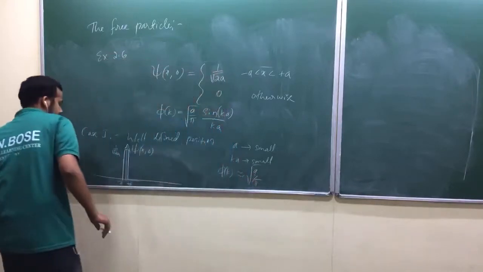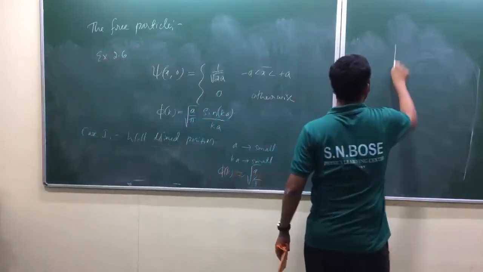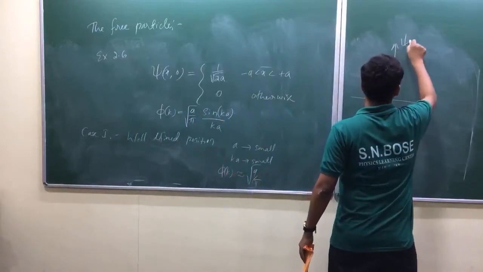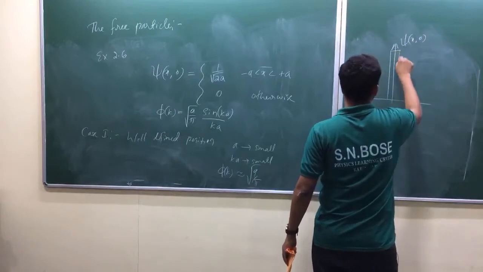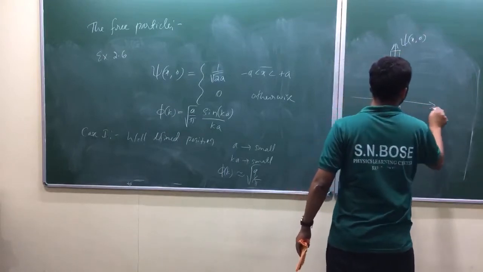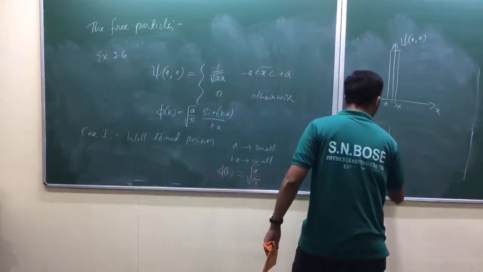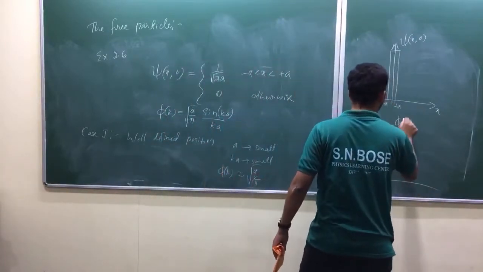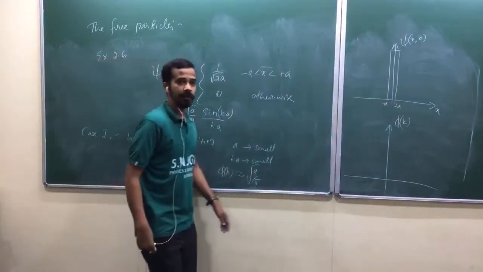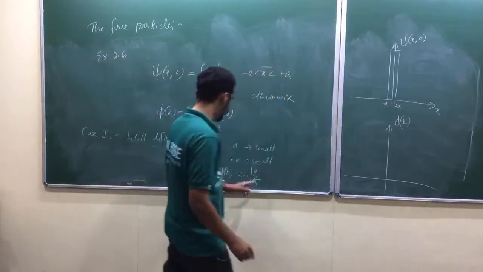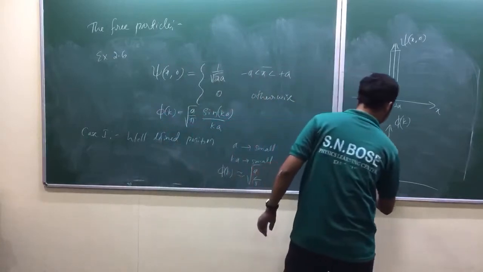Can you plot this one? I better plot it over there, okay? Simultaneously, if you make your psi of x comma 0 like this, I mean a well-defined position, isn't it? Look at here. What would happen to phi of k? Root of A by pi. A is small, am I right? If A is small, this whole thing is small and it is constant, am I right? It will be like this.